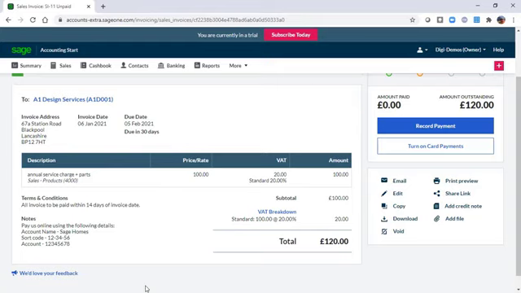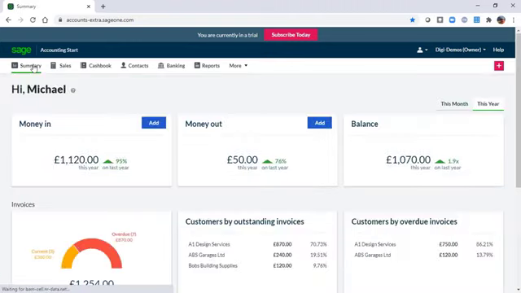Now, if and when you're ready to record a payment against that, let's just close out of that screen for a moment. And let's say we know that the customer has now paid us, whether it's cash, check, card payment, or maybe they paid us online. We just want to record the fact that that invoice is being paid. Really easy to do that. We just need to go back into sales,